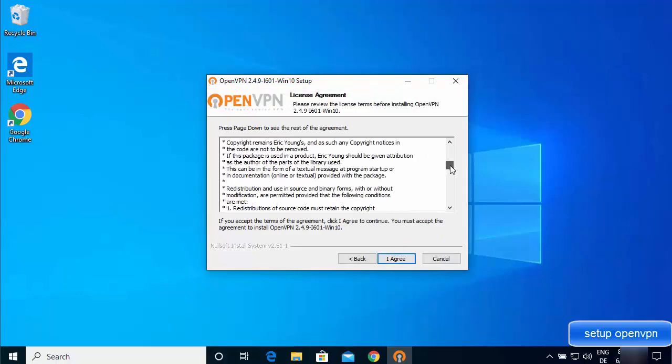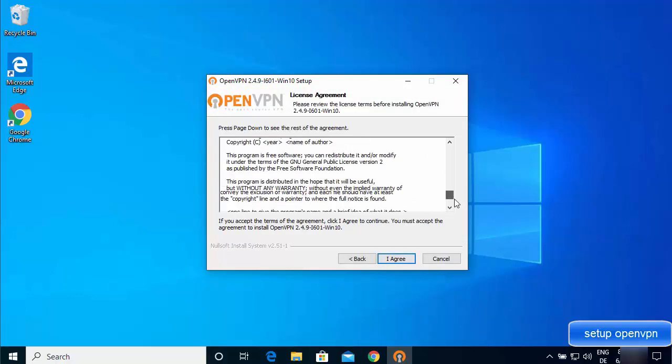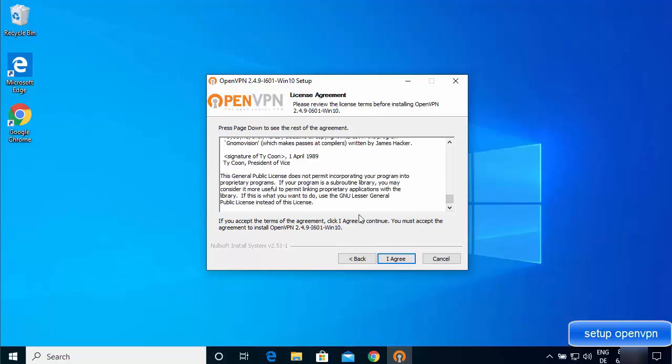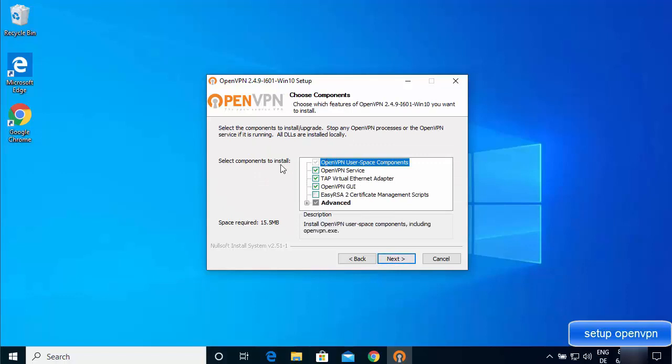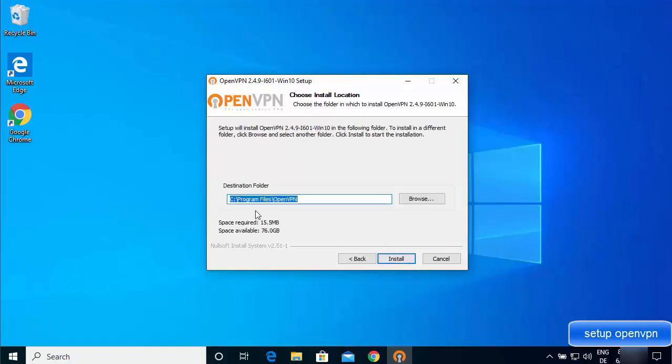And then if you want to read all these license terms and conditions, read them. And if you agree with them, just click I agree. And here you can select the component to install. So we are going to leave everything as default at this point and then click on next here. And this will be the location where OpenVPN will be installed on your Windows operating system. So if you don't have a good reason to change it, just leave it as default and then click on